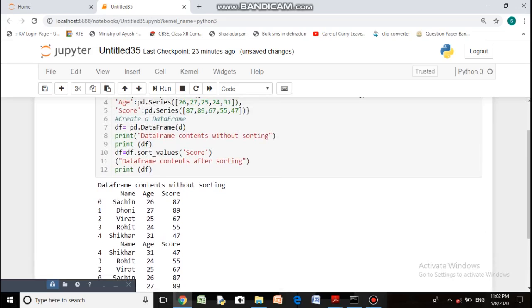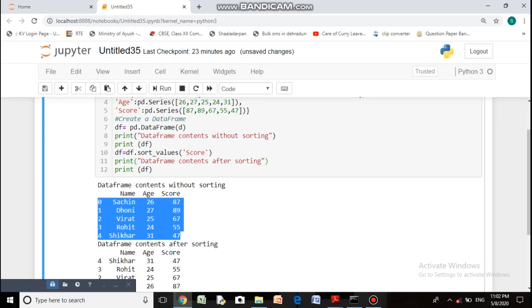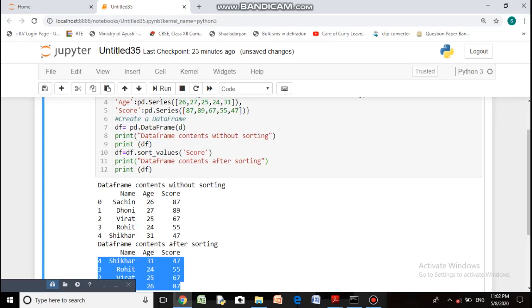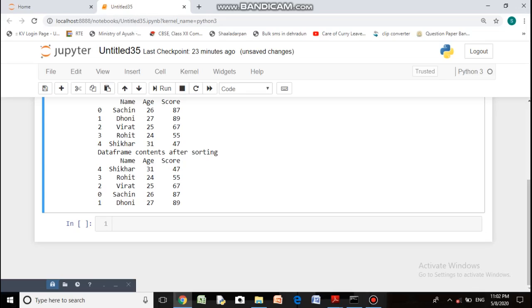I think print statement is deleted, so I'll write it again and then run it again. So now you see this is the actual data frame. This is the actual data frame, and this is the data frame that we are getting after sorting. So here you see the contents are arranged as per the score. 47 is the minimum score, then 55, 67, and so on. So this is how the data frame can be sorted.